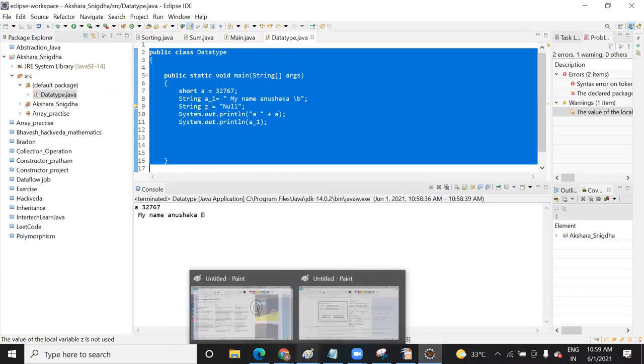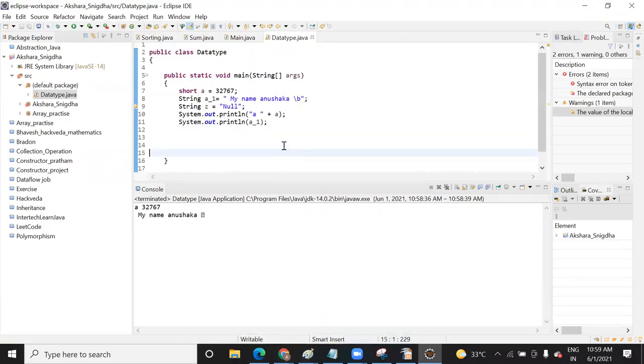We usually don't use this because the industry standard is not to use it. For a new line we use println, and only in the exception case where you want to print a double quote inside double quotes do we use a backslash. Otherwise, carriage return and form feed, we don't use at all. It is available in the C language also.